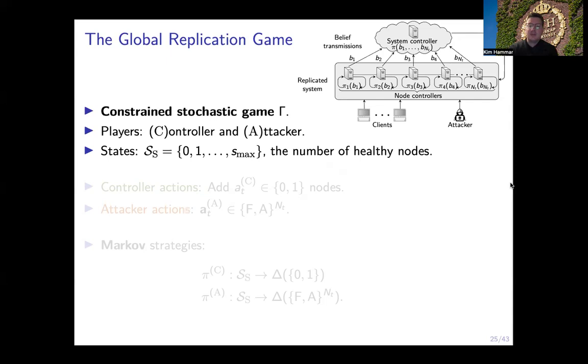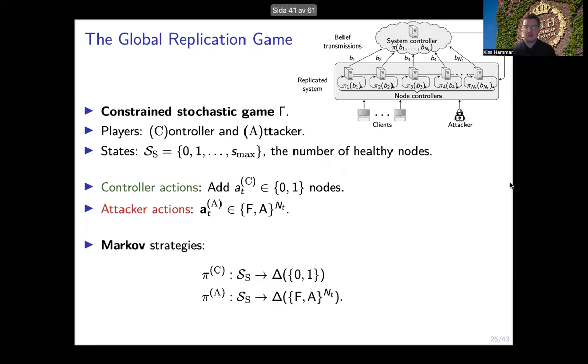And based on that information, it then decides whether or not it wants to add a node. Note that we never need to remove a node because nodes will naturally fail over time. At the same time, the attacker is deciding which nodes to attack. And here we consider Markov strategies that are mappings from the state space to a distribution over the corresponding action space. And when selecting the strategy of the controller,